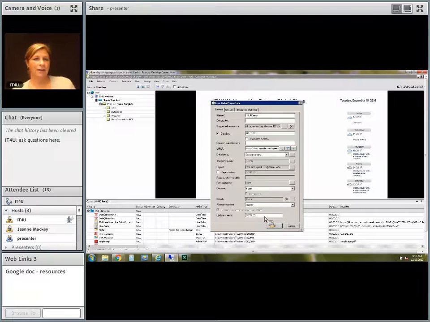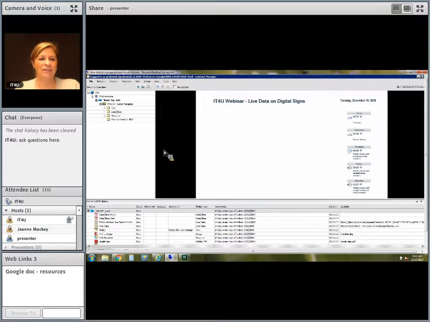So if you're only making updates once every day, you can set it to 24 hours if you want. I'm going to set it to 30 seconds for this demonstration so that we're not all waiting 15 minutes for content. And that's really all I'm going to do at this point. So now I've created the live data object.